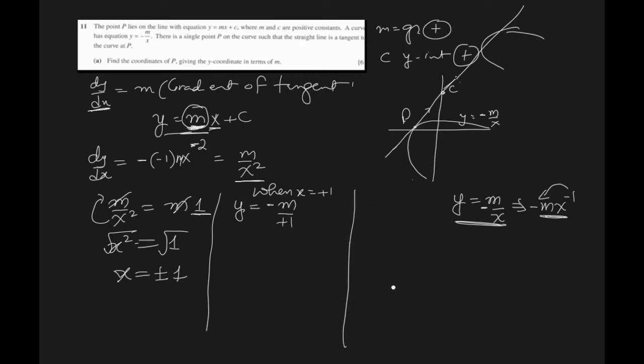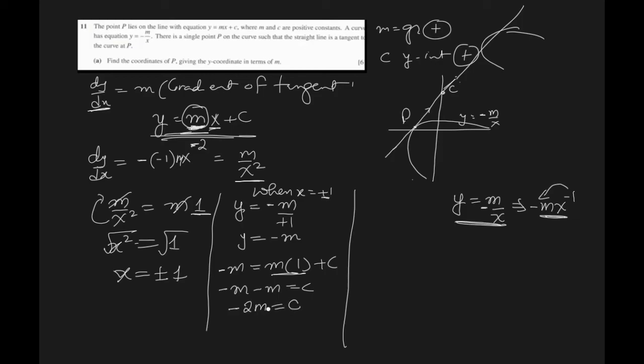Okay, I have to reject one of them, so I have to look at this. So y is negative m in this case. Let's put it here in the equation of the line. So minus m, which is the y value now from the curve, equal to m. We know x is a positive 1 in this case, plus c. So minus m, and m times 1 is also m. It comes to the left side, minus m equal to c. Negative 2m